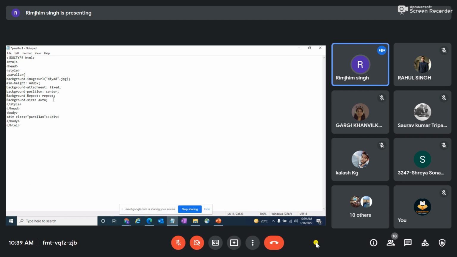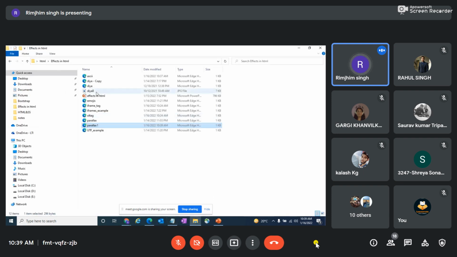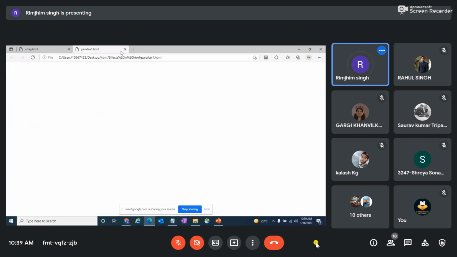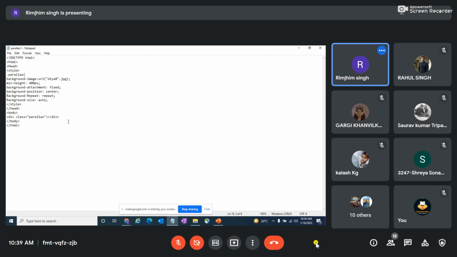Background attachment. Let's just see if my URL is background. Ma'am, the whole style thing was not in double quotes. Yeah, class, but that is just optional. Like if I want to add any kind of thing in this, I'll be adding. But let's just add it later on. But see what is the issue with my image and then the other things. It should run without the styling part also. Because this is the main content for your Parallax program.